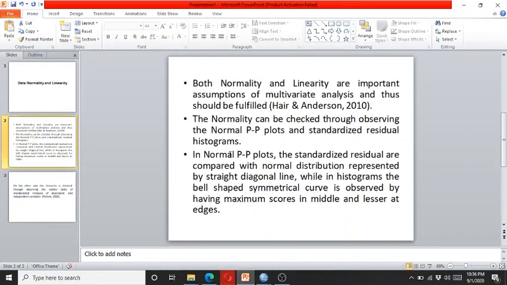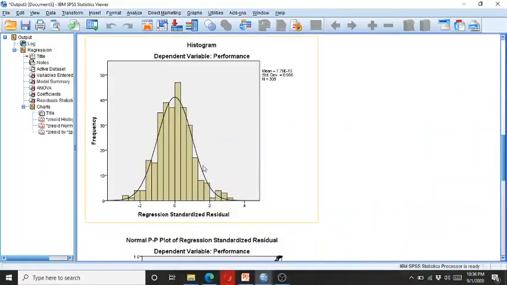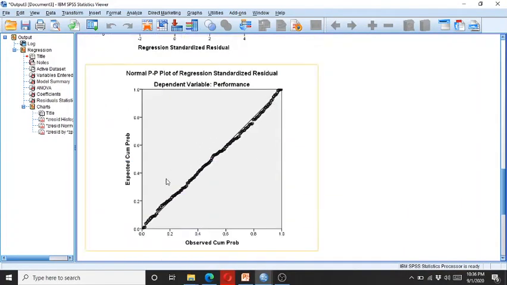That is what I told you earlier, that the standardized residuals are compared with the normal distribution, which is represented by a straight diagonal line. So here you can see that most of the data is in the bell shape. So here you can see the PP plot, the data is on the straight line and it shows that there is no normality or linearity